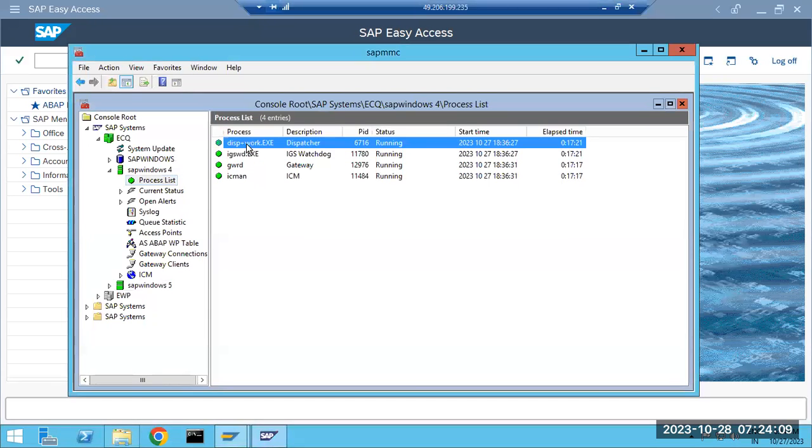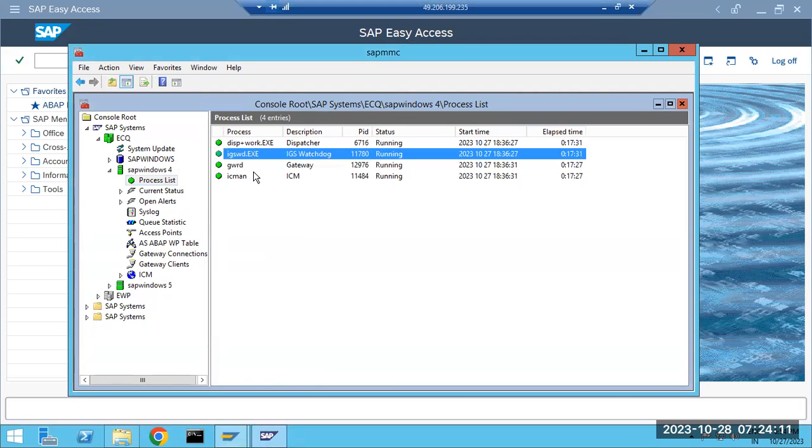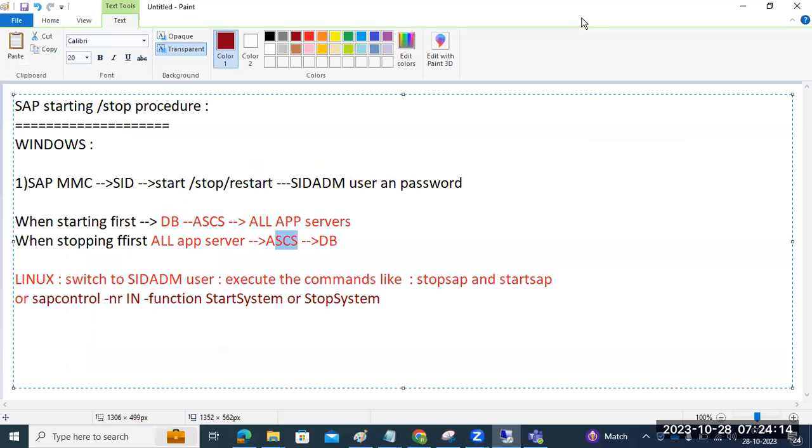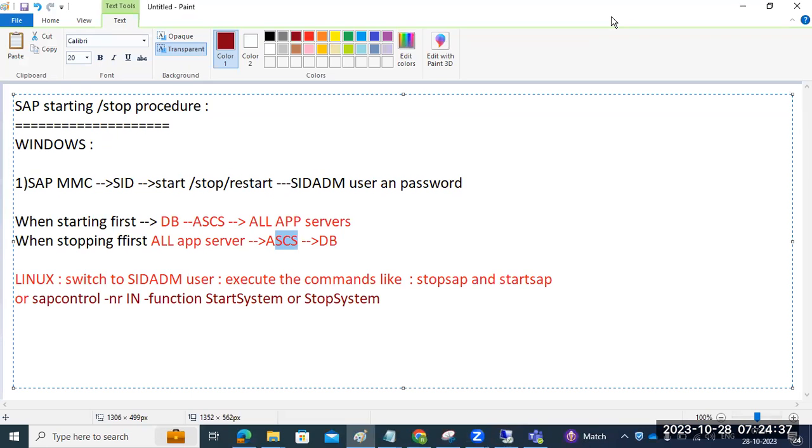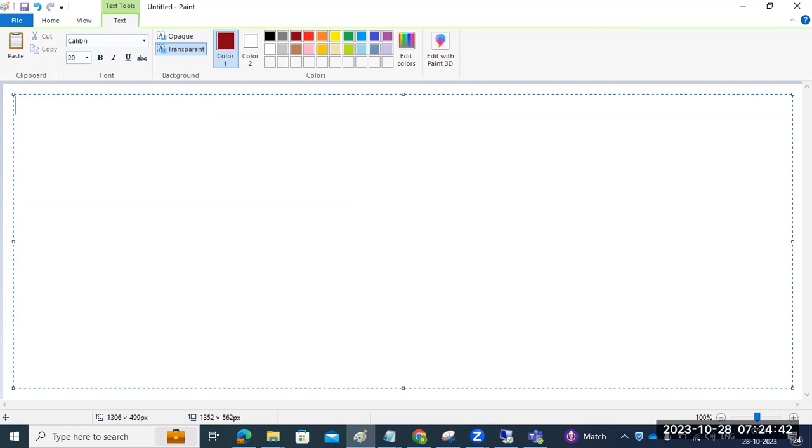These three are additional processes, but they will not be counted as work processes: dispatcher, ICM (Internet Communication Manager), and IGS (Internet Graphics Server).